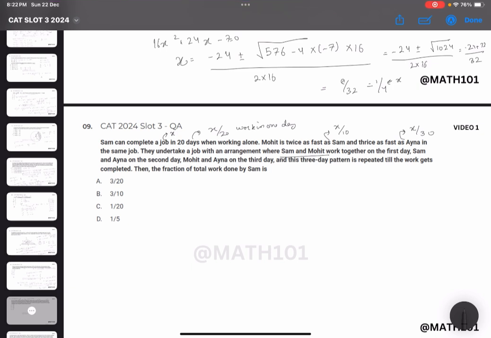So Sam and Mohit work together on the first day, and 3x upon 20 work is done. Sam and Aina on the second day, and Mohit and Aina on the